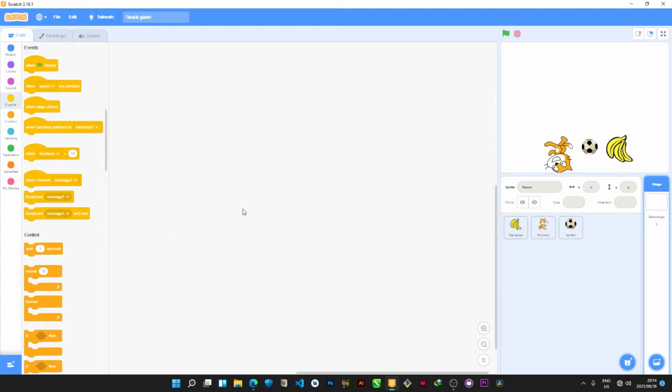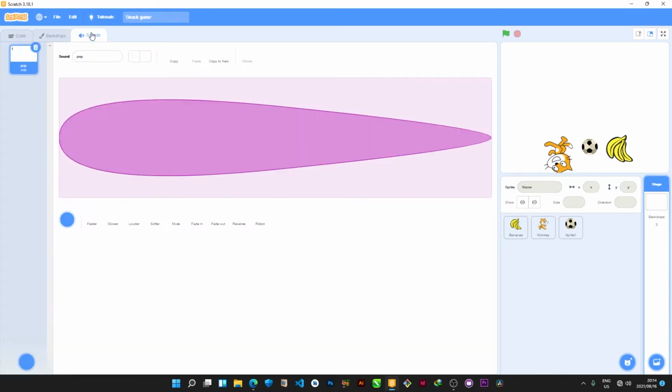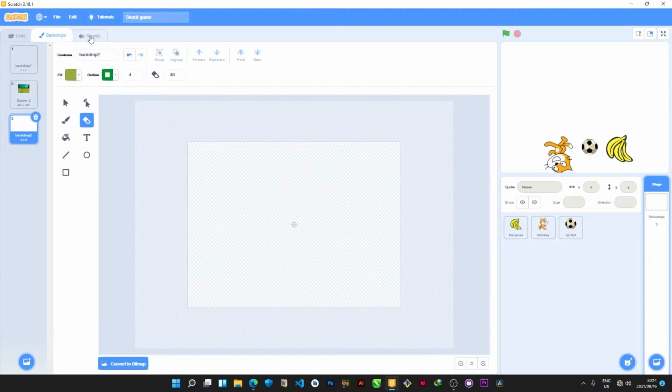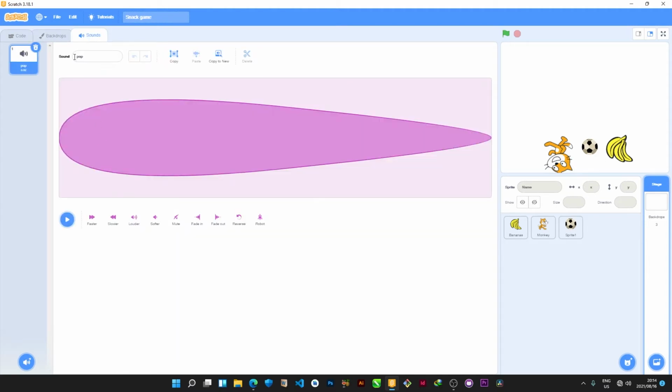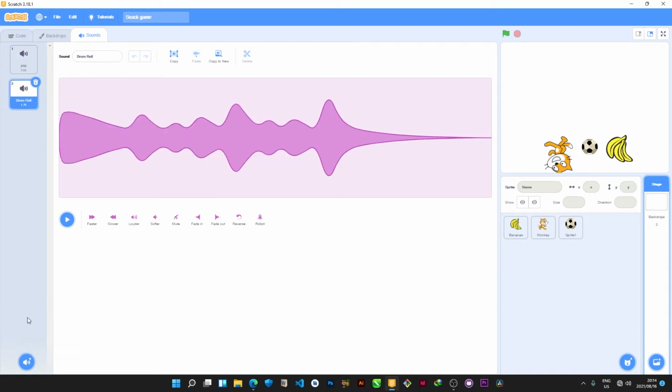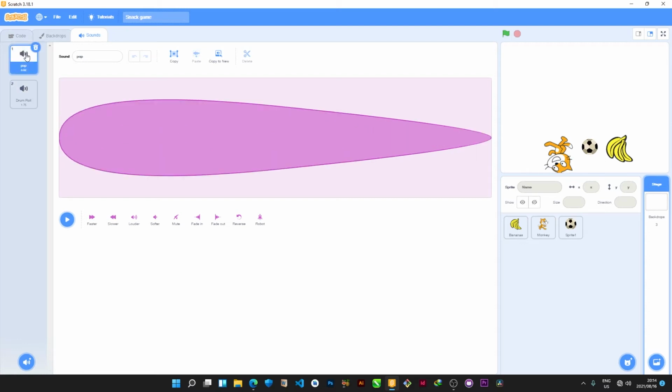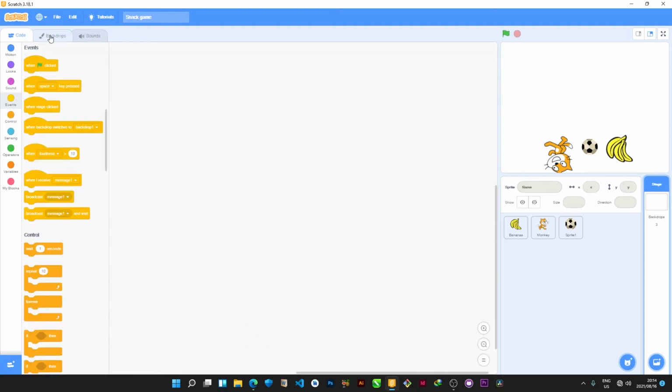There is a whole lot of things to talk about over here, and now you can see we have got these things. Now let's talk about them at last. We have talked about the backdrops and the costumes. Now let's talk about the sound. Here you can pick your sound, or you can upload your sound. You can record over here. You can choose a sound from the ones that are already made. As you can hear, I can play this sound. So you are going to use all these game sounds in